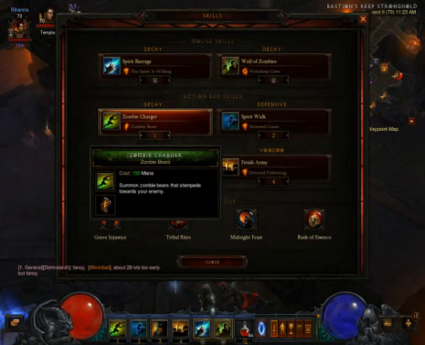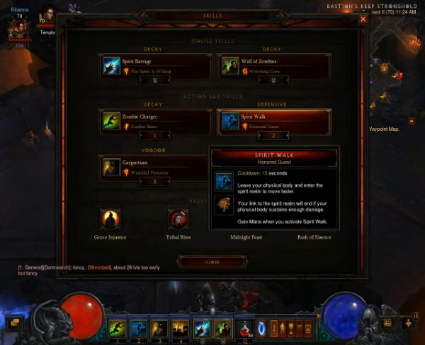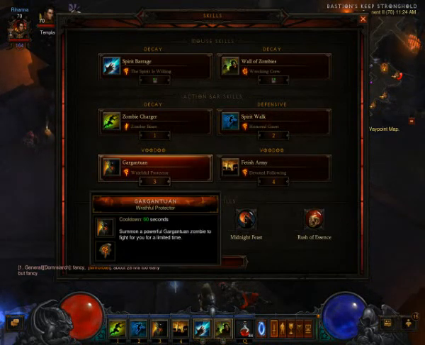Zombie Charger. And this is your mana sink. So you use this in packs or whatever, kill a bunch of stuff, so you wait for your bigger cooldowns to go down. Spirit Walk, you just kind of need emergency, a way to break jailer effects. Gargantuan, Wrathful Protector. And with the different cooldown reduction we have with the Tribal Rites and Grave Injustice, this guy,